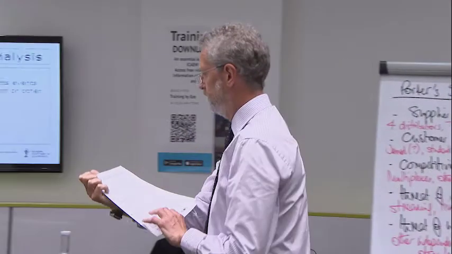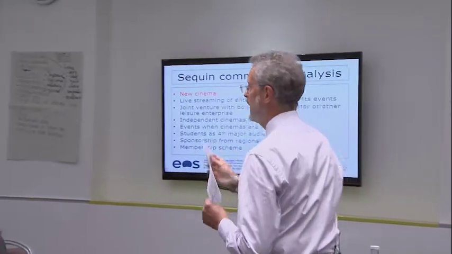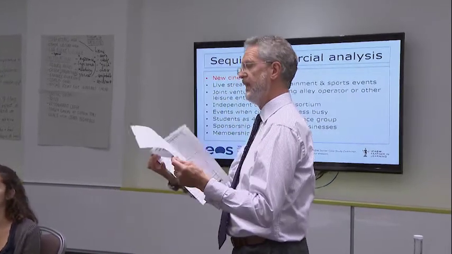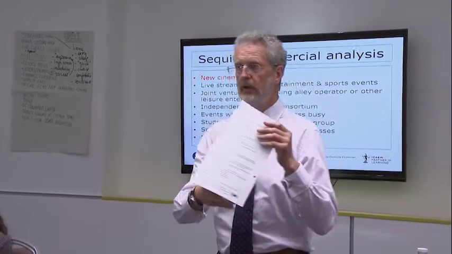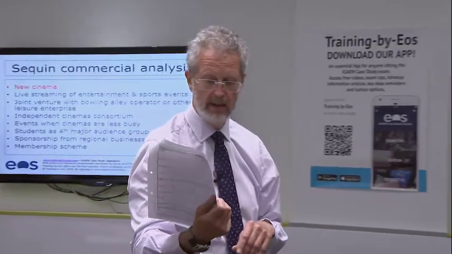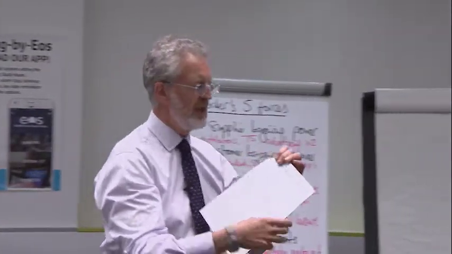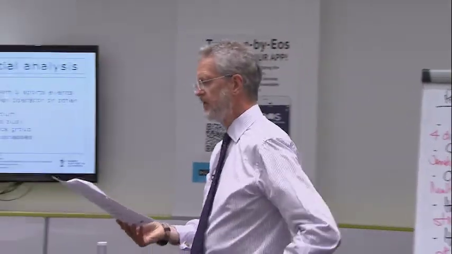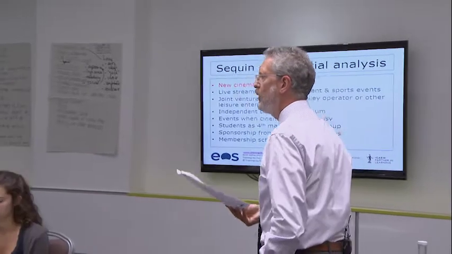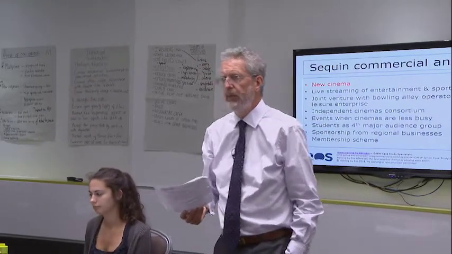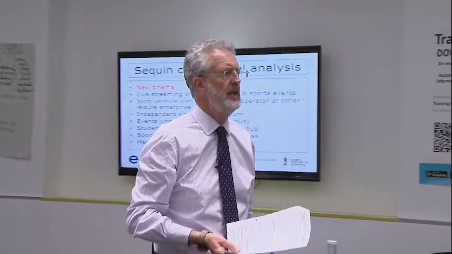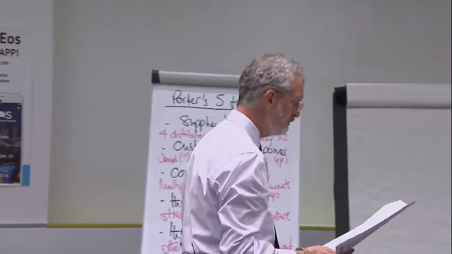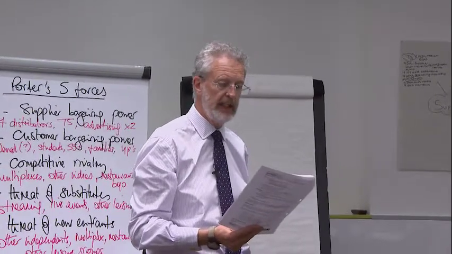Okay? So, the way that this works, those are listed on the bottom of page 2. And what I want you to do is identify financial, operational, and strategic benefits. And then why is that benefit or risk important? Why are we even talking about it in the context of Sequin? So that's the second column.